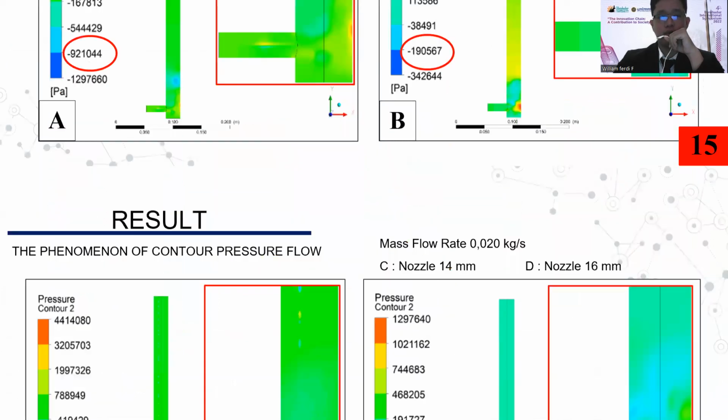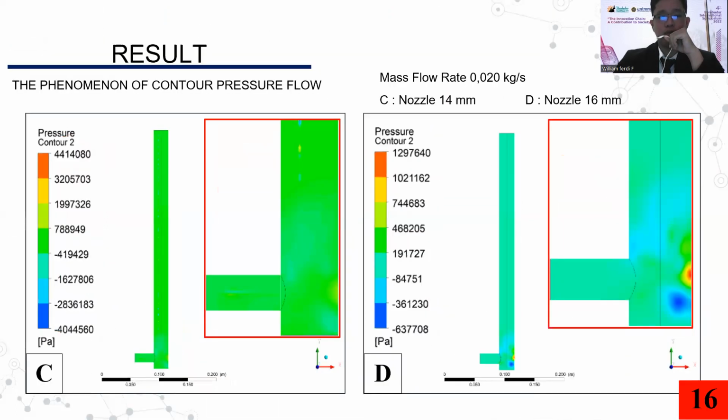And for the result with the same mass flow rate of the 14 millimeter nozzle, we got a range from minus 1627 kilopascal until 1997 kilopascal, and for the 16 millimeter nozzle, we got a pressure contour range from minus 637 kilopascal until